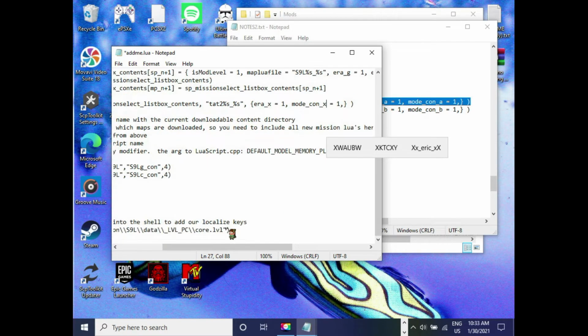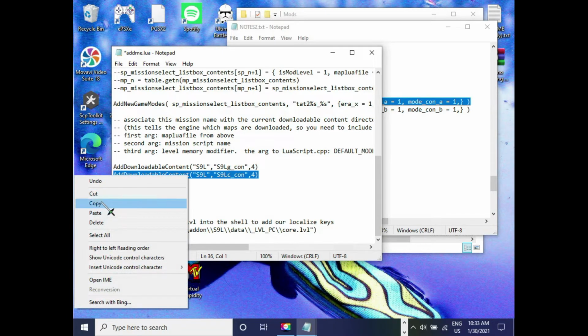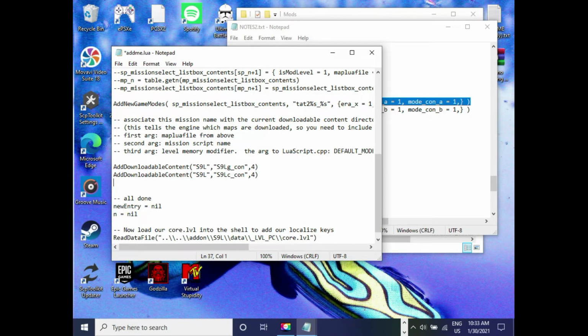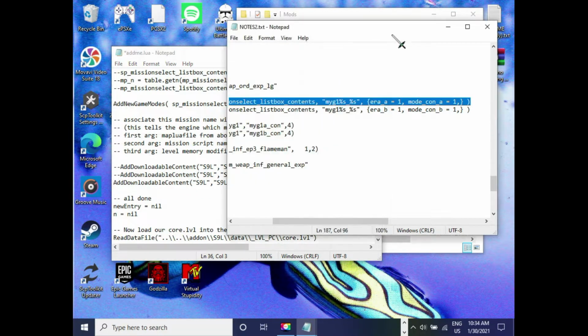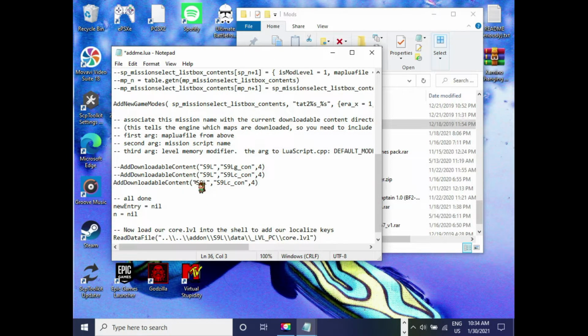Era that we're adding. And you also have to copy this line. You copy in front of those two, so that would be add downloadable content, and that's the name of the map right here. So this would be